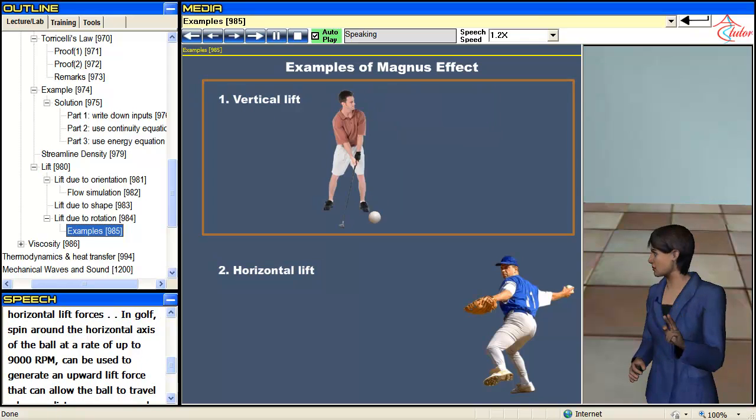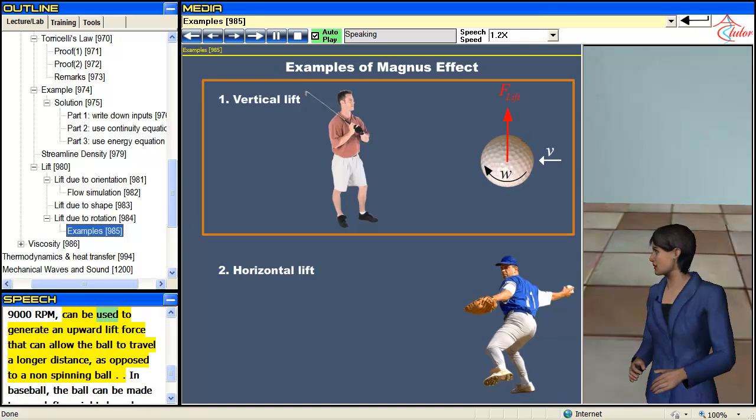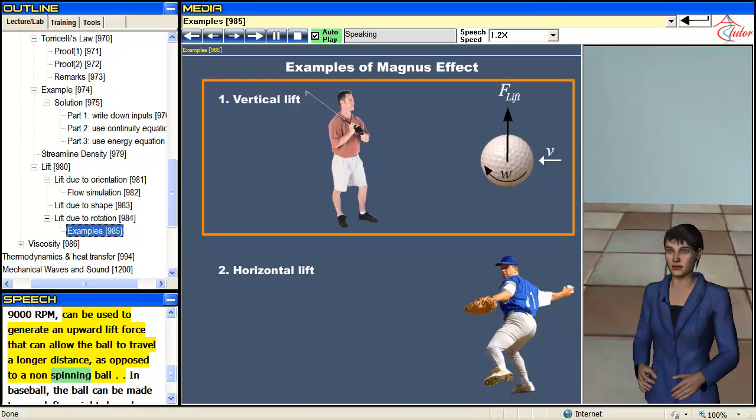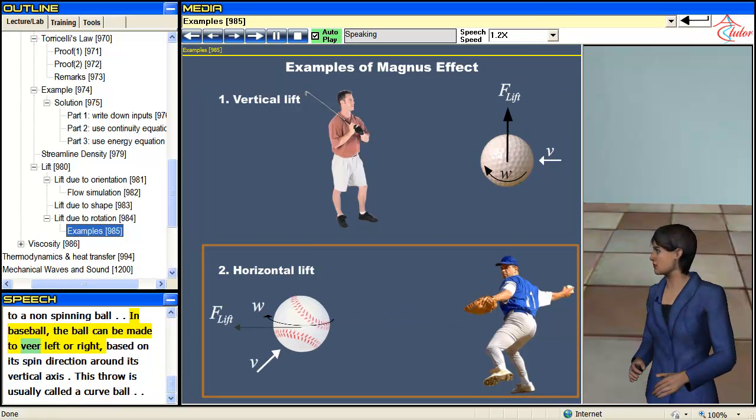In golf, spin around the horizontal axis of the ball at a rate of up to 9,000 rpm can be used to generate an upward lift force that can allow the ball to travel a longer distance, as opposed to a non-spinning ball. In baseball, the ball can be made to veer left or right, based on its spin direction around its vertical axis. This throw is usually called a curve ball,